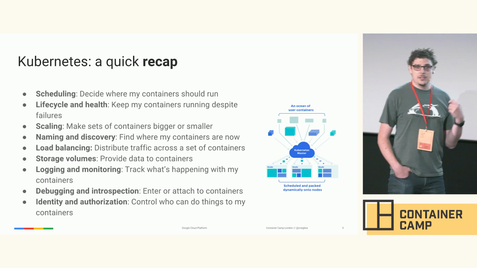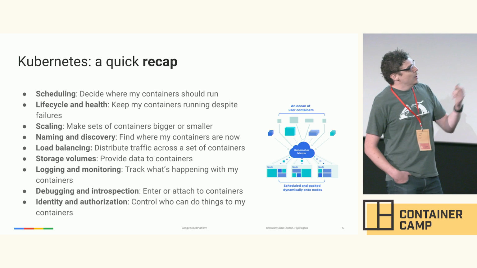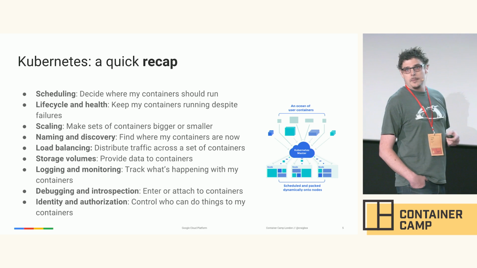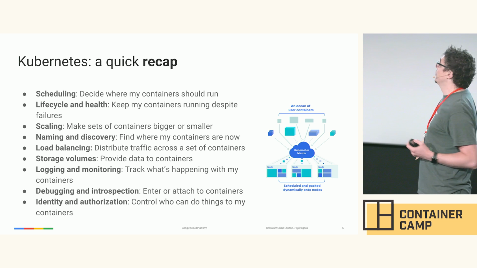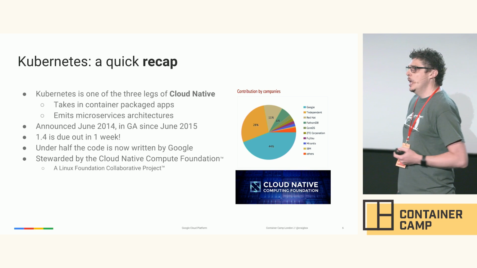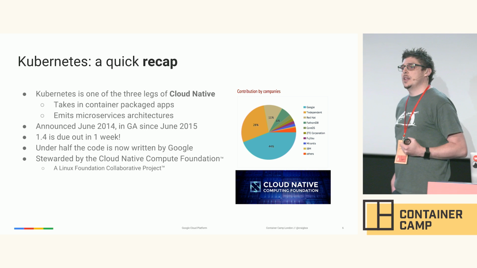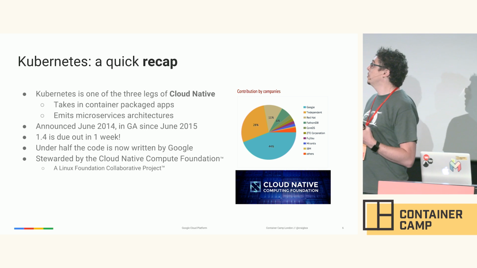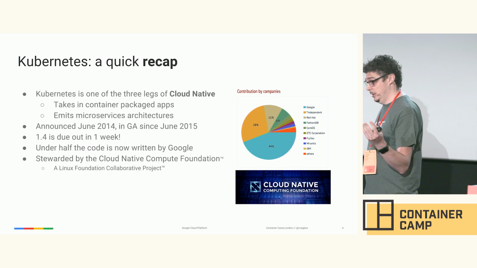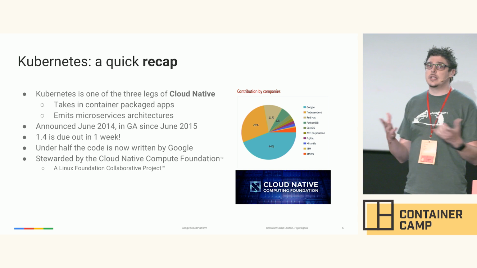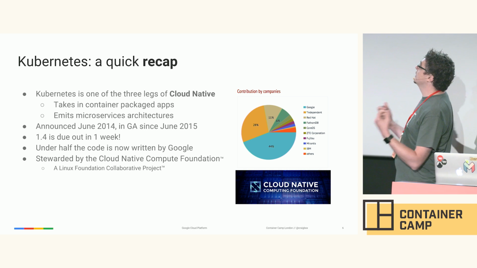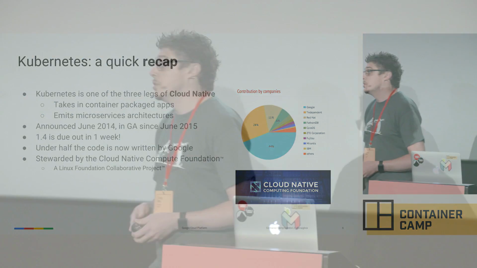Influenced by the 15 years of experience that Google has in this space, we've released Kubernetes to the public, pattern compatible with what we do internally, but not repeating all the same mistakes. So I mentioned cloud native. We think Kubernetes is one of the 3 legs of cloud native. The other 2, of course, are container packaged, which we don't need to go into, and using microservices architectures. So using Docker and Kubernetes together is a fantastic way to build yourself a scalable microservices architecture. We announced Kubernetes in June 2014.